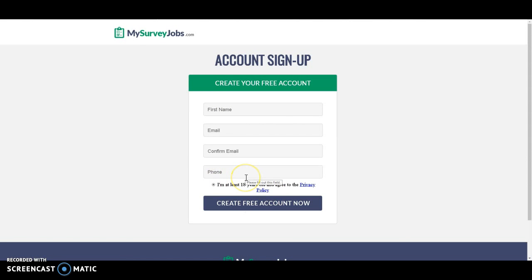You need to be at least 18 years or older, and then just create your free account. Now this is very important because here you'll be able to manage your application. You're going to be able to manage a lot more with this account. So this is very important that you submit your legitimate information on here,